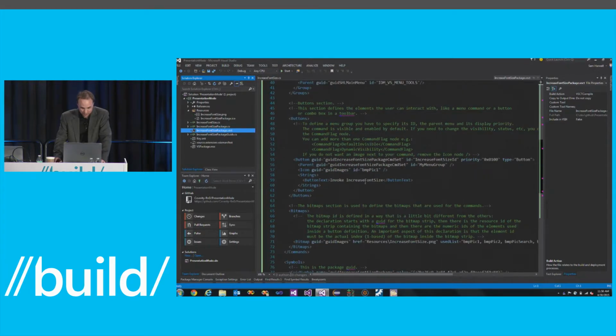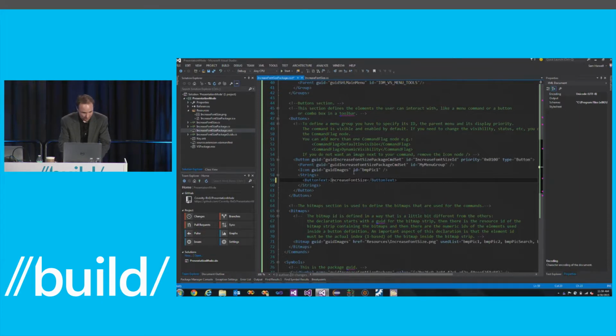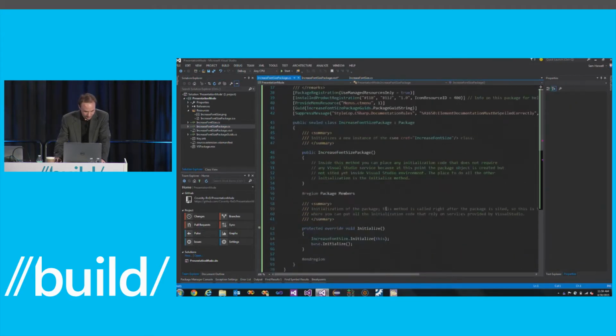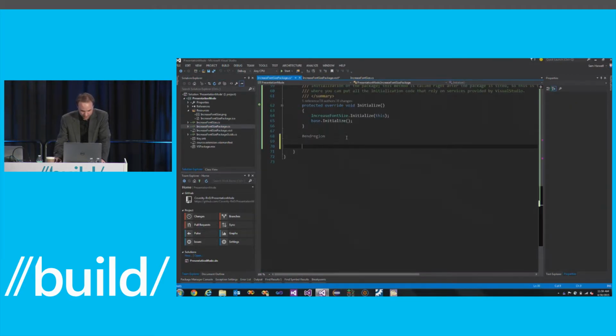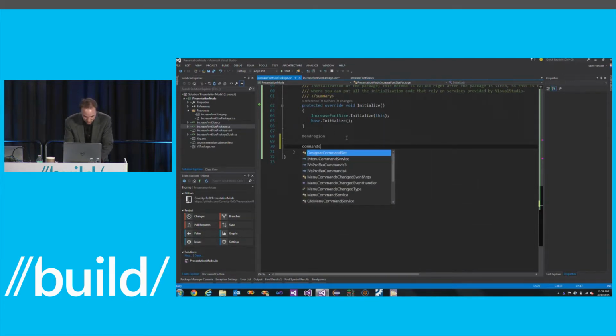The VSCT file was created. It added my new extension there. We're going to give it a new name. We're actually going to say, when it shows up on a menu, it's going to be called increase font size. We're going to go to the VS package, and I'm going to use another extensibility feature that